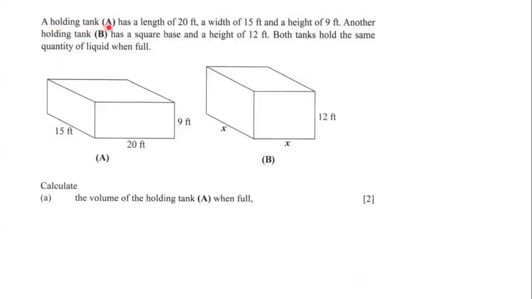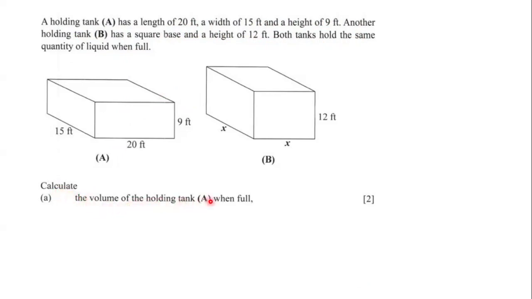A holding tank A has a length of 20 feet, a width of 15 feet, and a height of 9 feet. Another holding tank B has a square base and a height of 12 feet. Both tanks hold the same quantity of liquid when full. And so here we have the diagrams, and they want us to calculate the volume of